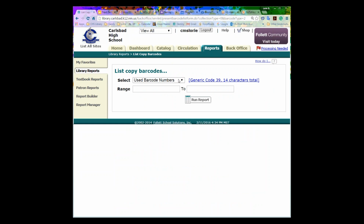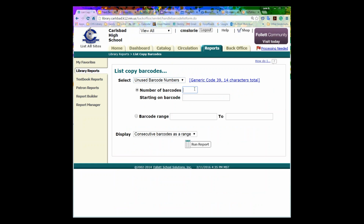You have different options here, but you're going to look for unused barcode numbers. And then you can put however many barcodes you need. I did 400 because I printed out a big old stack of them so that we can use them on some books we just got in. Then you have to put in the first